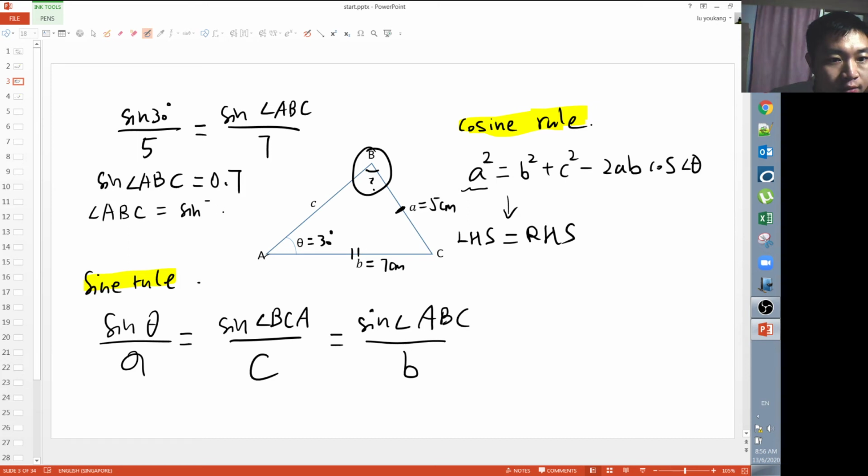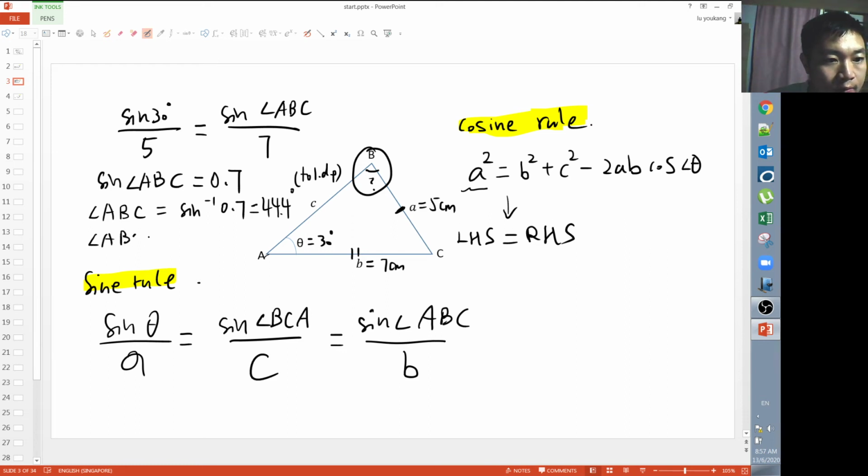Let me write down the first value first, which is given by the calculator. Sine inverse 0.7 gives you 44.4, to 1 decimal place. So 44.4 is one of the answers, and the other answer is